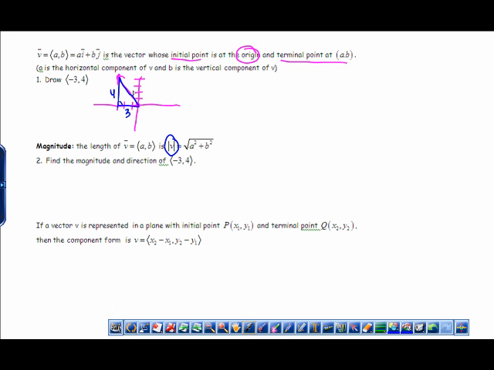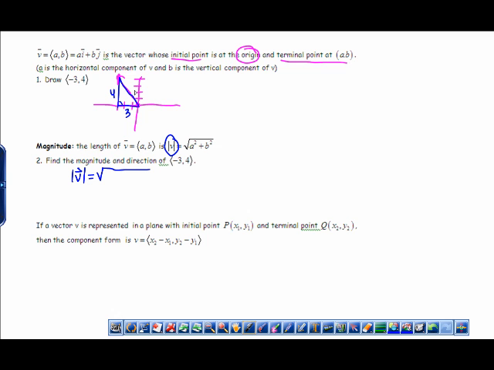What then would be the hypotenuse? Well, we know it has to be 5. Okay, so the magnitude of this vector is 5. Now, in order to find it for this problem, find the magnitude of vector V, what we would do, or